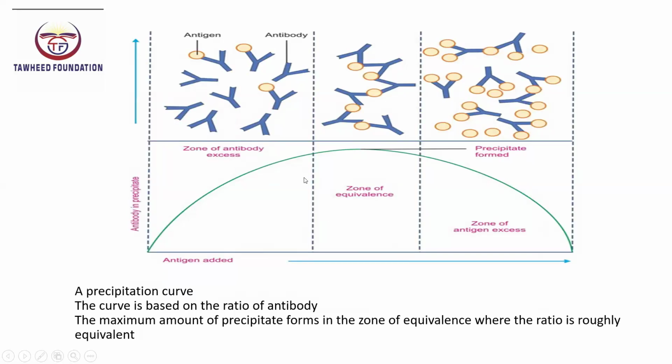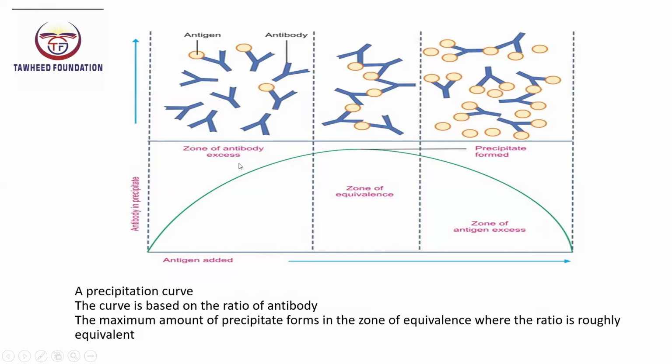And then it falls. These represent three distinct zones in an antigen antibody reaction. So we'll see these three zones one by one. A, that is zone of antibody excess, this left side of the curve. At the far left, where antibody concentration is very high and antigen concentration is low, we have the zone of